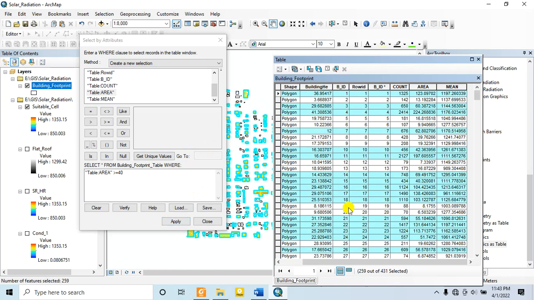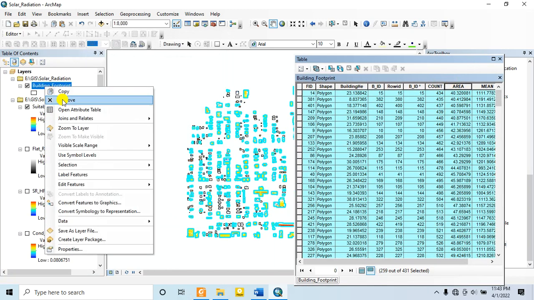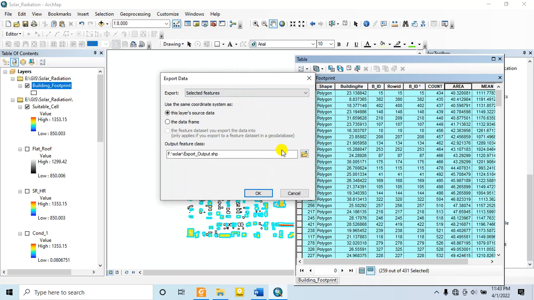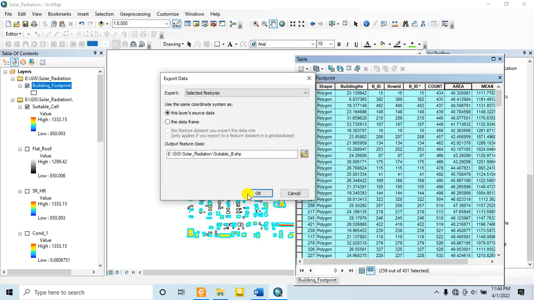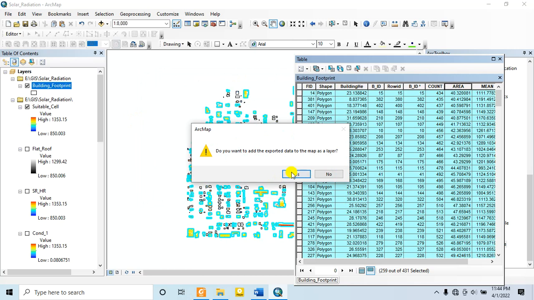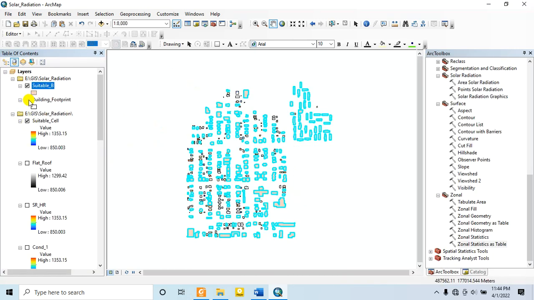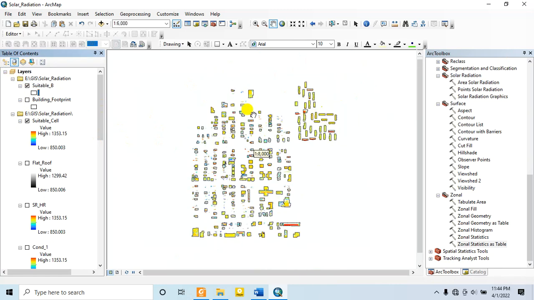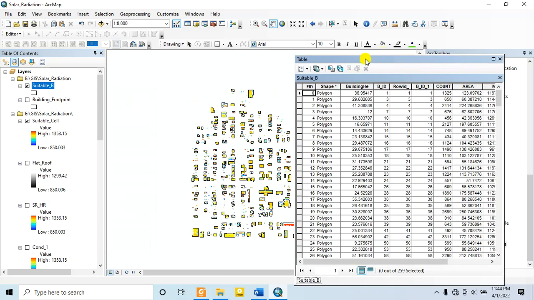After that click on OK. Export the suitable building for installing solar panel. Building, save. Uncheck this one. So this will be our suitable building for installing solar panel. Open attribute table again,